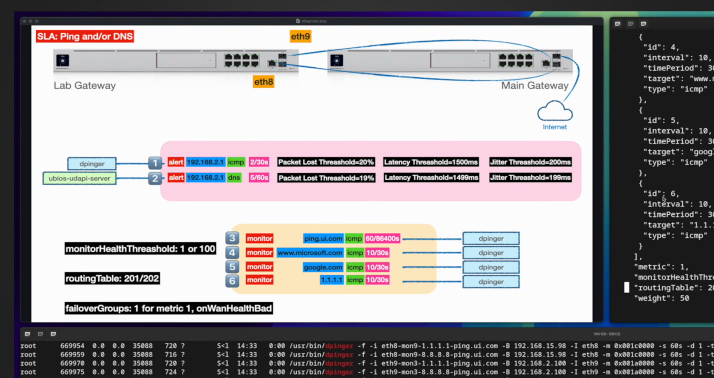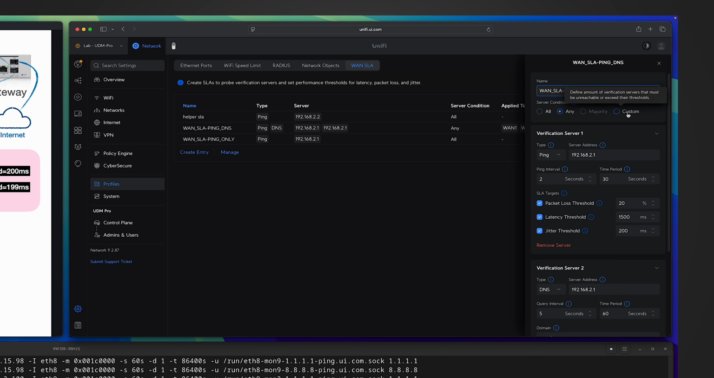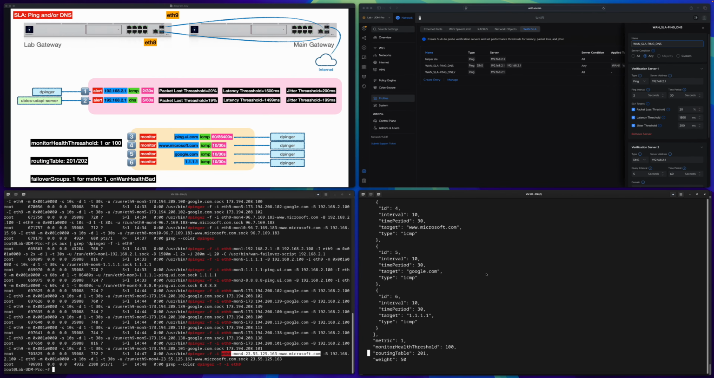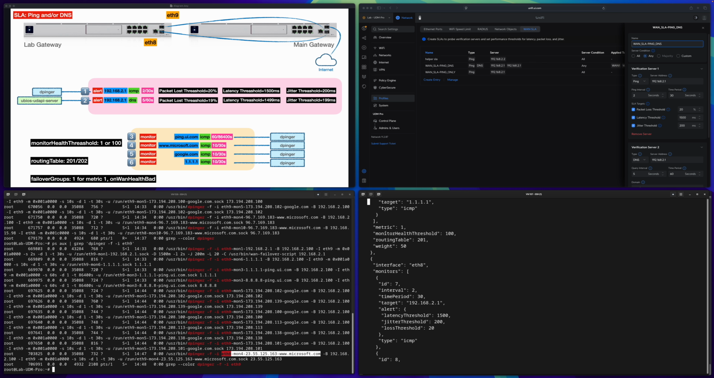Okay, so before ending this part, let me talk about one more thing, this radio button setting. The label is server condition. By default, it's all, but for the current situation, I set it as any. Let's see what's the difference between all and any. What you see in the lower right terminal, this JSON file, is for the any occurrence. If you scroll to the end of the monitor setting, you can see the monitor health threshold is 100. I will leave the screen here, and later we will compare it with